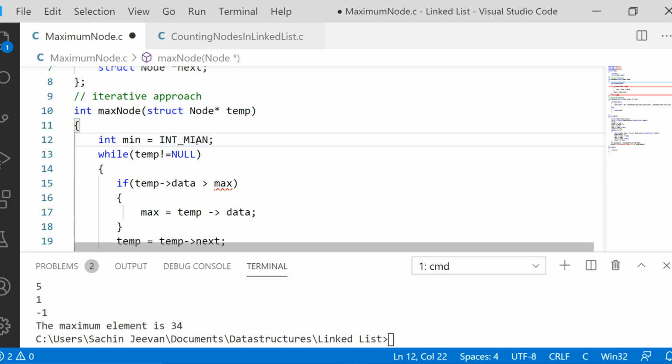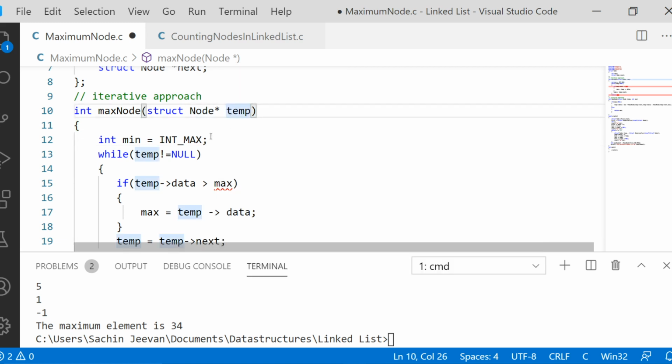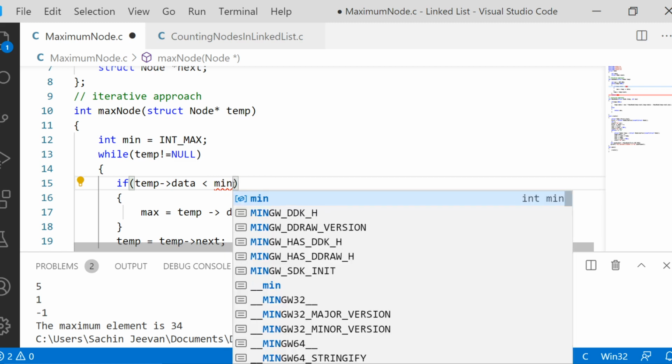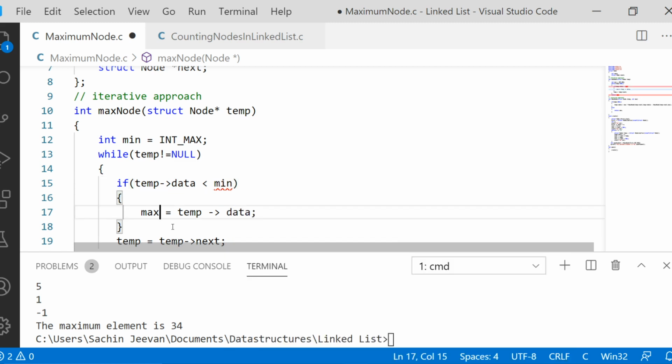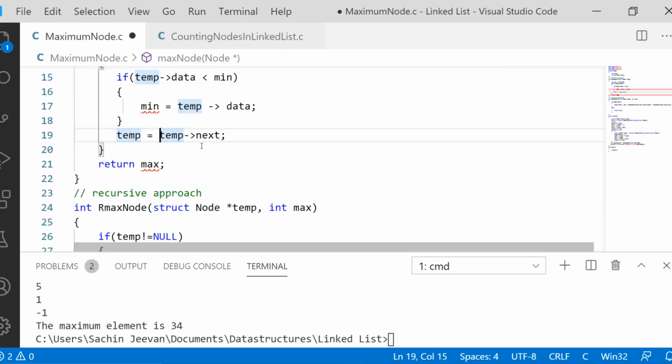So opposite: there we were using the minimum possible integer value, here we will be using the maximum possible integer value, and we'll be checking whether temp of data is less than the minimum value. If it is less than minimum, then we will change the minimum value to temp of data. Finally we will be returning the value of min.